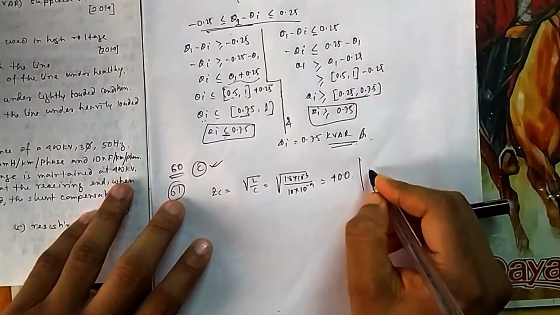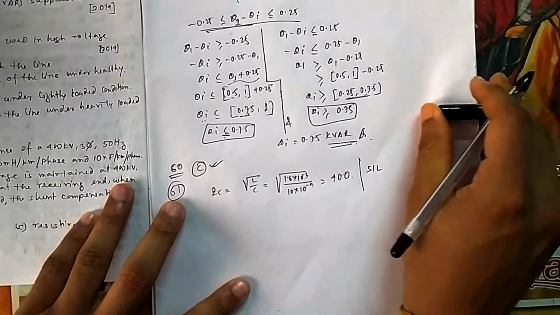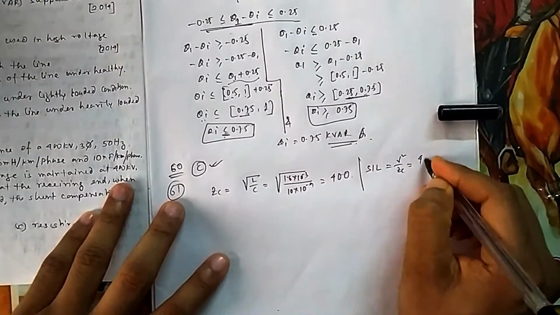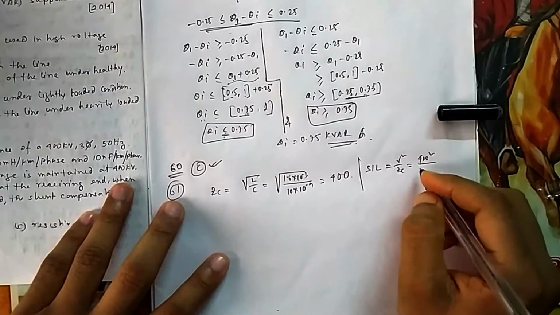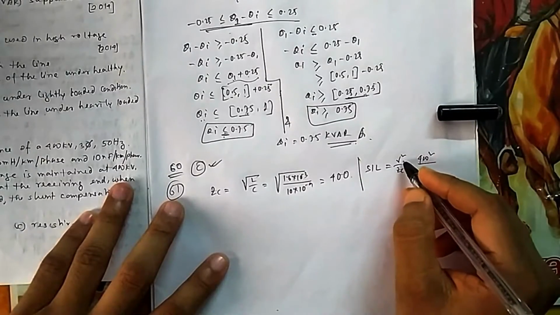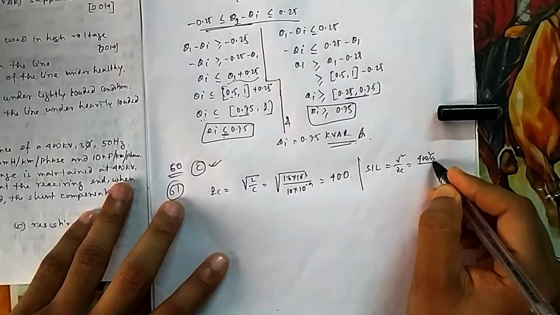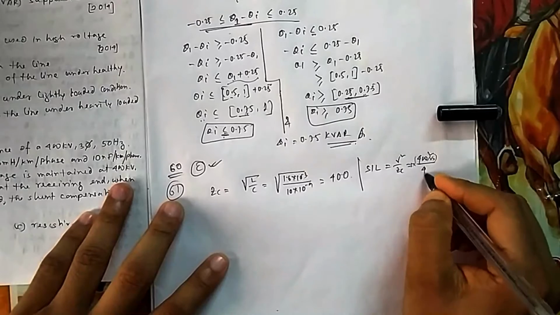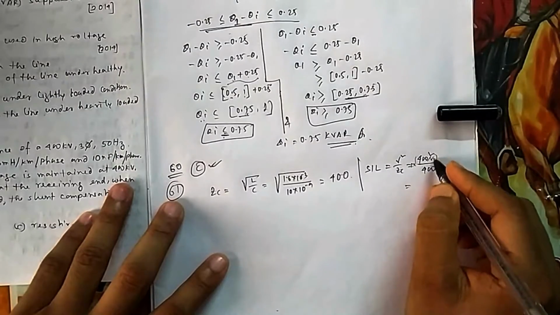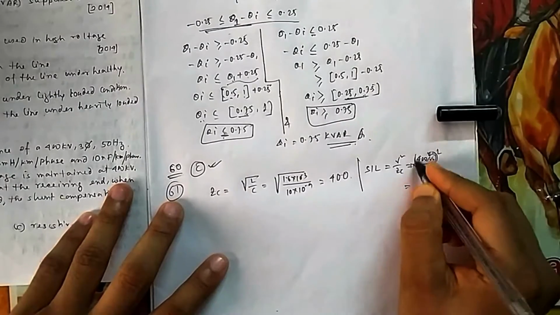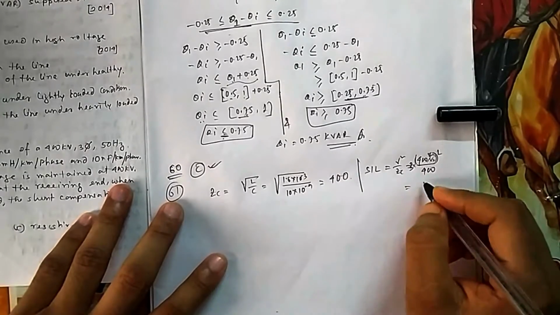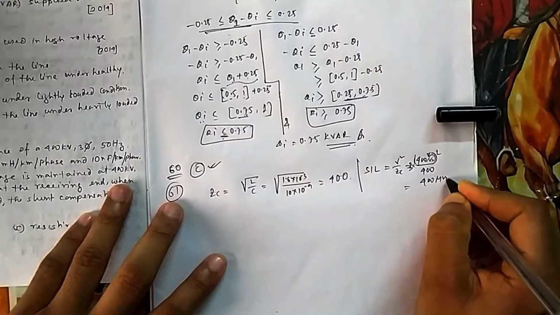Okay, so what will be your surge impedance loading? Let us see. It is V square by ZC. What is V? That is 400 square by, it is actually V per phase, 400 by root 3. Then if you calculate for 3 phase, it becomes again 400 square by this one, it was 400 by root 3 whole square. Then you again multiply for 3 phase, so the 3 will get cancelled, and ultimately 400 square by this much is the SIL.